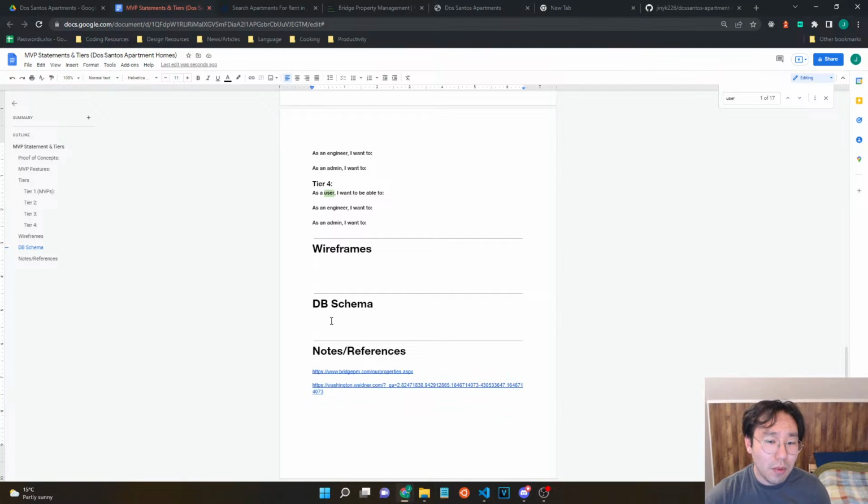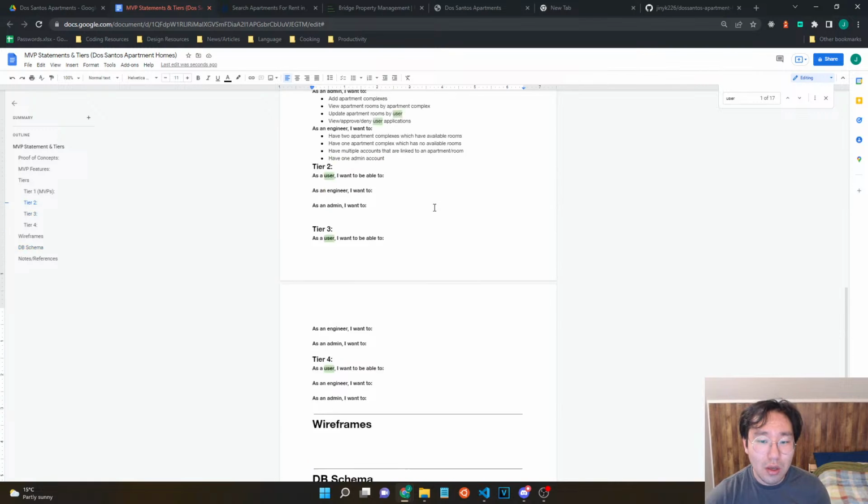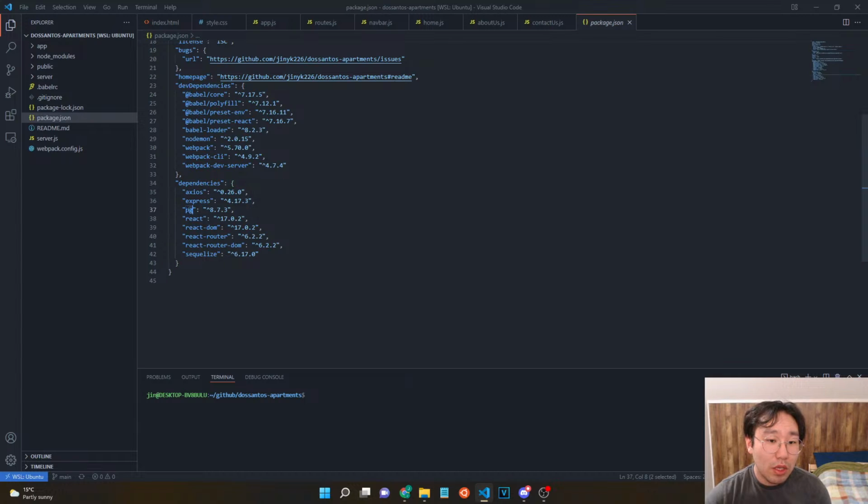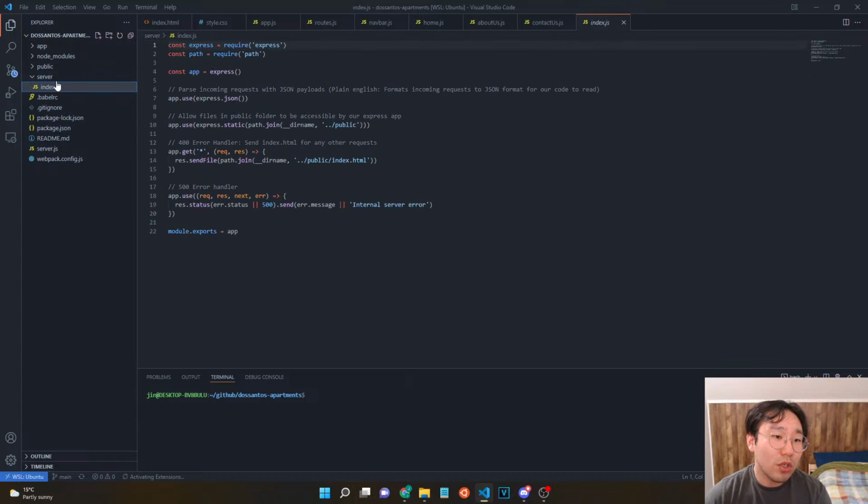I do want to start building out this database schema, but before that, let's go ahead and set up the connection to make sure that part is working properly, so that our VS Code app here is actually able to interact with Postgres. So one thing we're going to need is this pg that we've already previously installed with my Boilermaker, because I'm most familiar with Postgres, so that's the default I go with. But let's go ahead and check our files right now. What we would hope that we have is this server folder that connects to some type of database folder that will set up the connection with Postgres. So first things first,